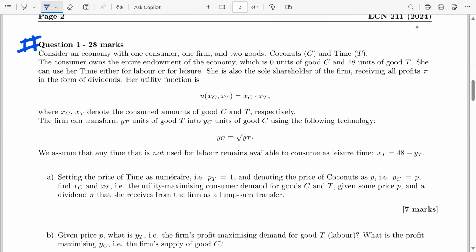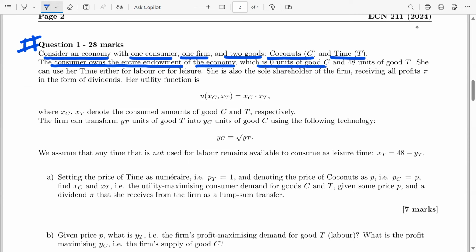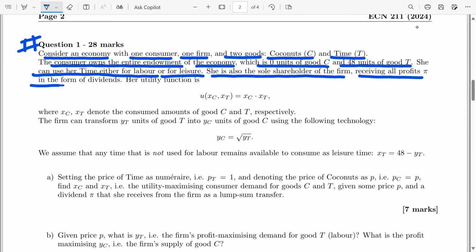We are given: consider an economy with one consumer, one firm, and two goods. The two goods are coconuts and time. The consumer owns the entire endowment of the economy. There is only one consumer, so she owns the entire endowment, which means 0 units of coconuts and 48 units of time. She can use her time either for labor or for leisure. She is also the sole shareholder of the firm, receiving all the profits